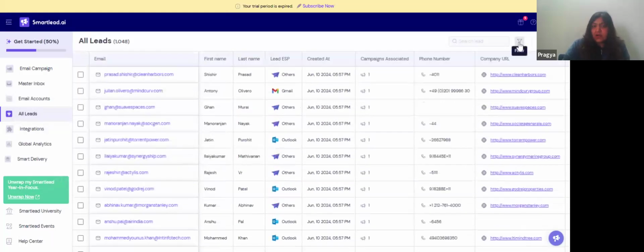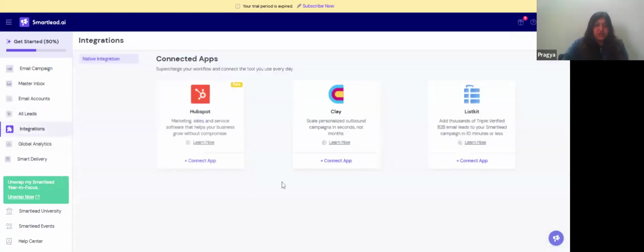I can filter them out from here based on the tags. I can do sorting, etc. from here. I have not used this function, but if you have a HubSpot CRM, you absolutely can go ahead and connect your HubSpot CRM with it. So that should be easy. I'm sure there are a lot of videos available. If you need help, I can help you out with that.